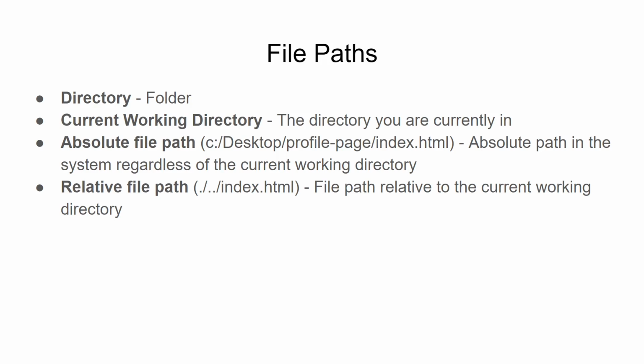In the previous video, we saw the different ways in which a file path can be written. That is an absolute file path and a relative file path. And we saw how relative file paths are advantageous to use, especially in HTML. Now, let's look at some terms associated with relative file path, and then we'll do some examples so that you understand how to write relative file paths.